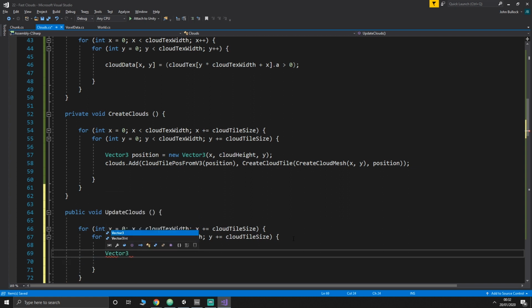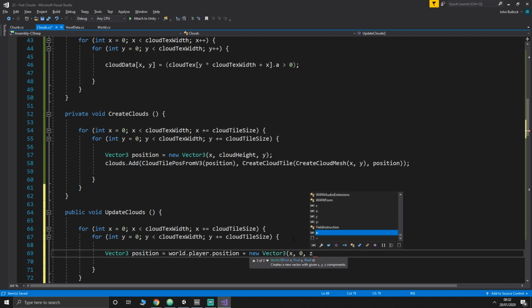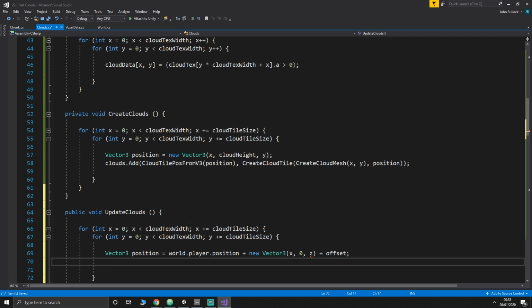Now, first thing we do is we get a Vector3 position, and it's going to equal world.player. No, sorry, player is a transform, so world.player.position plus new Vector3 x0z plus offset. And then we need to modify this